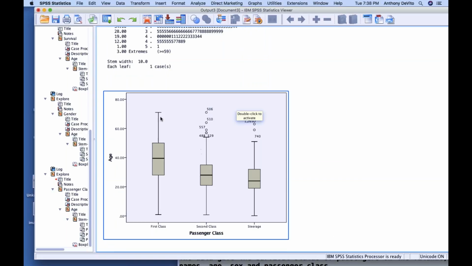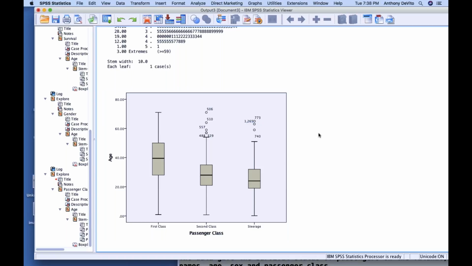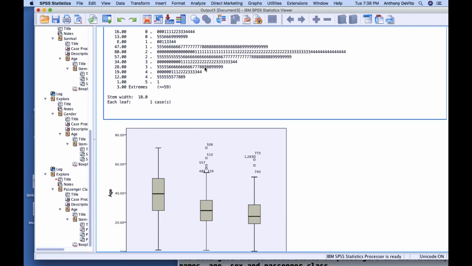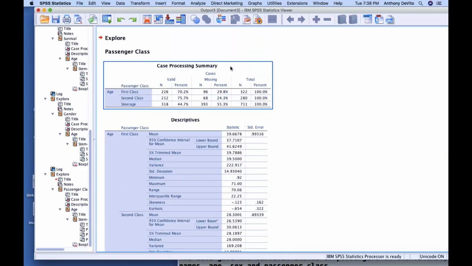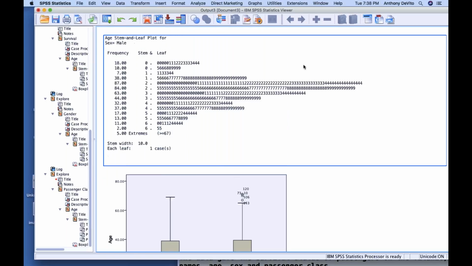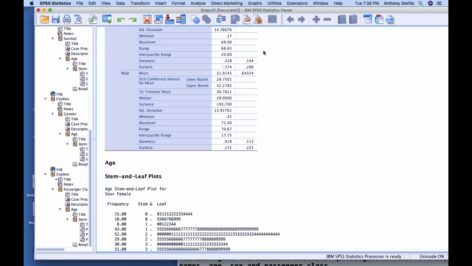Box plot should show that also. Here's the oldest group. Here's the next oldest group. Here's steerage down here. Okay, so you can graphically see what the comparison is between these groups. So let's take another look at this now. Okay, now I'm going to take a special look at this. I'm going to say to myself, you know,